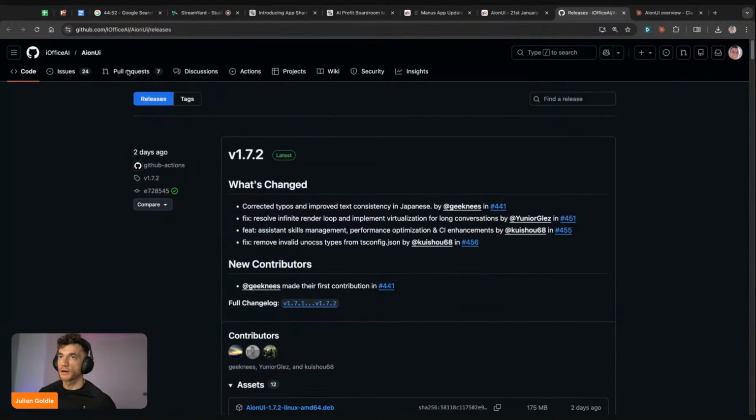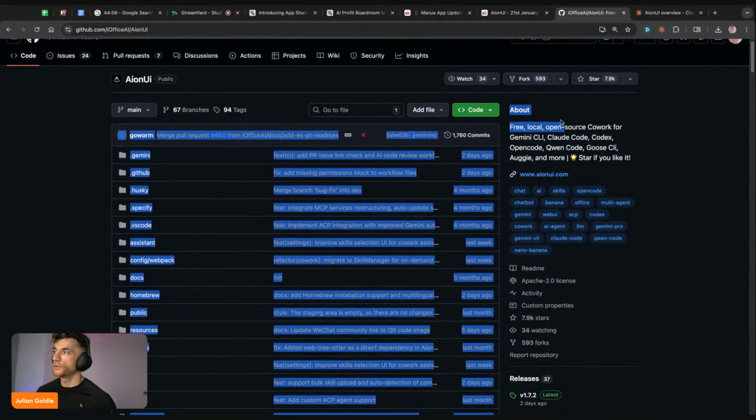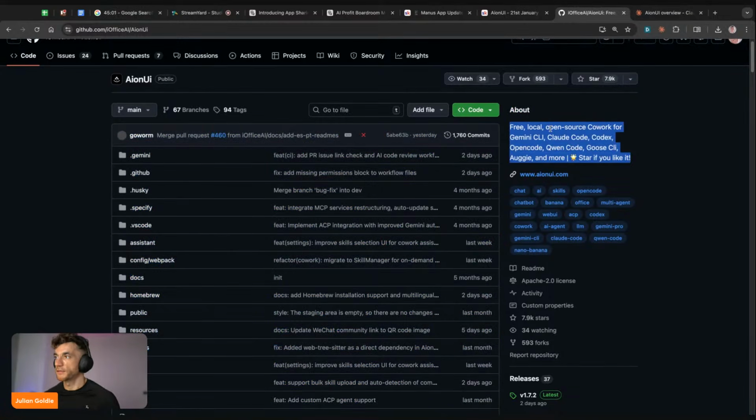So today we are going to be testing out something called Aeon UI, which is like a free local open source cowork for Gemini CLI, Claude Code, Codex, Open Code, Qwen Code, etc. Right? So